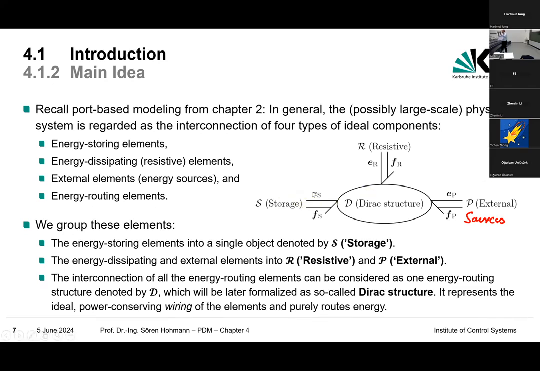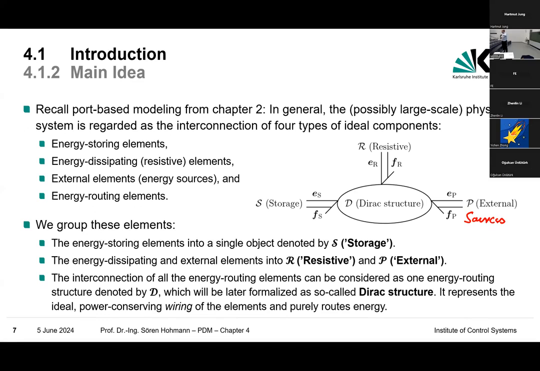I put all the storage elements on one side and collect all the variables governing the storage elements. I take all the resistive elements, and it's like squeezing and shaping an electrical network: put all the elements on one side and all the others on the other side, and all the rest remains, and then the only things which remain open are the routing elements, so the connections. So you get a really strange loop graph at the very end. If you think of a network, if you think of a bond graph, you can do it by this kind of multi-bonds. Therefore, this double arrow,